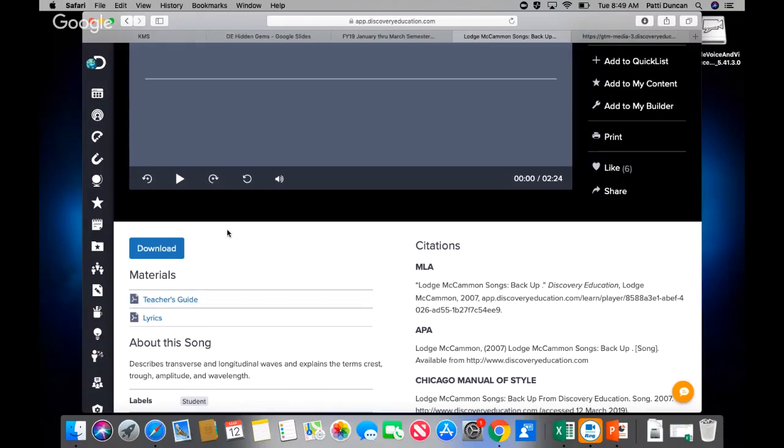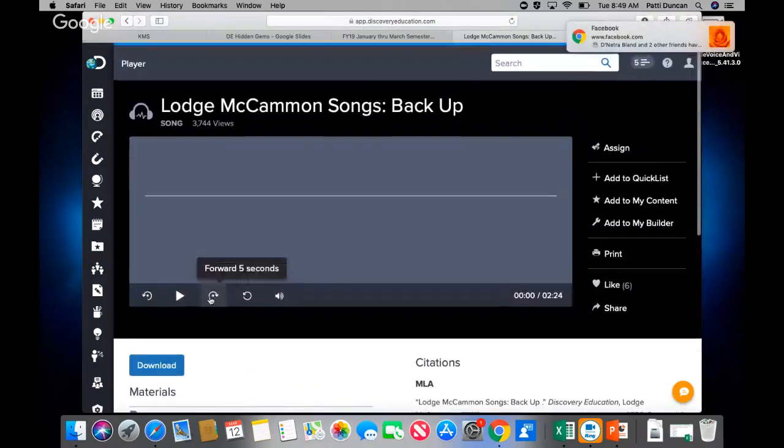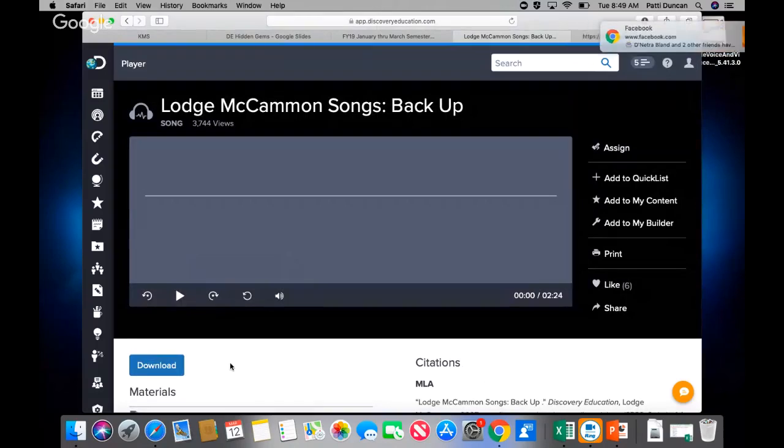And so the teacher's guide. And the other thing that I always tell folks about that teacher's guide, maybe you want to use a song that doesn't have a teacher's guide, or you don't teach middle school or high school, so you can't use the Lodge song at all. But if you go into the Lodge teacher's guide and you see the structure of how he does it, you can easily design your own to fit your own needs. So I like that as well.